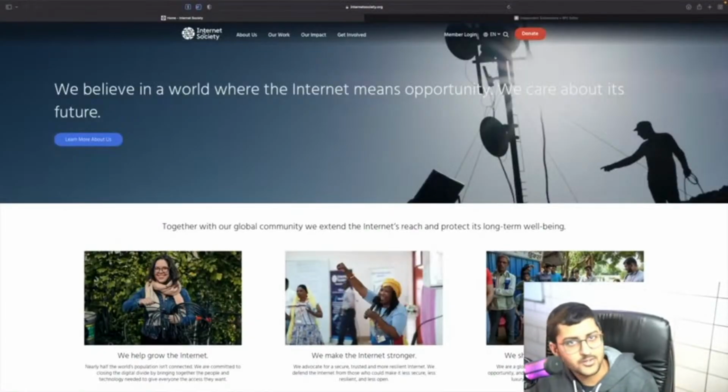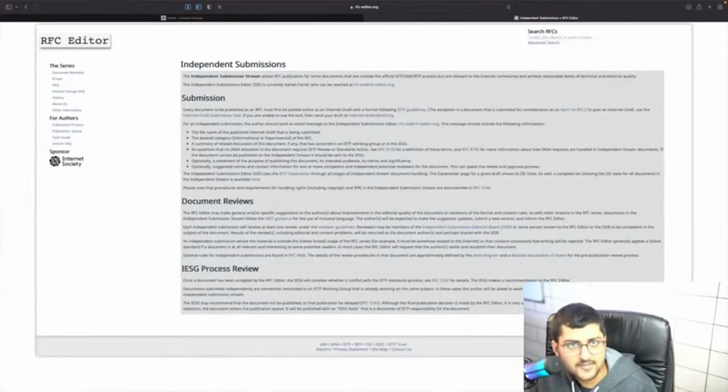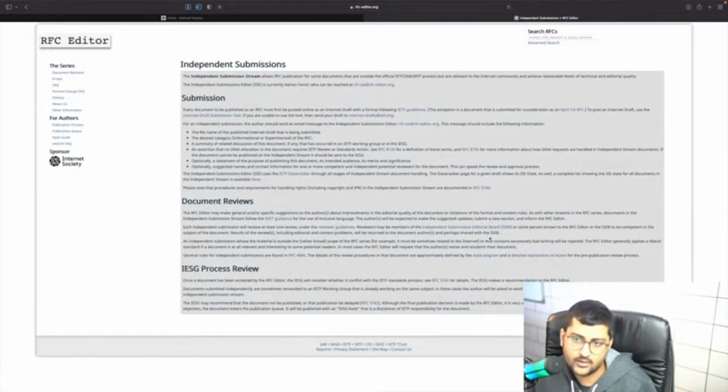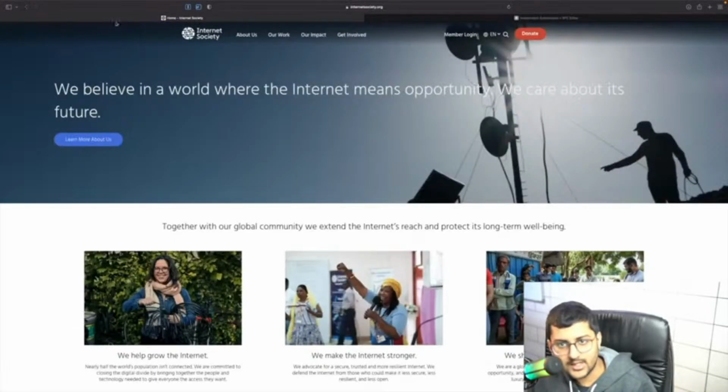The Internet Society, as you can see over here, is the one responsible for all these things. So how do we actually make submissions? We can do that by an RFC. RFC means, I believe, request for comments. You can submit a document saying, I have this idea about some feature of the internet, please check it out. You can submit it on this page. It's usually submitted by very high professionals, but anyone can submit as long as they have an idea. The Internet Society comes up with all these rules. You can learn more about them over here,